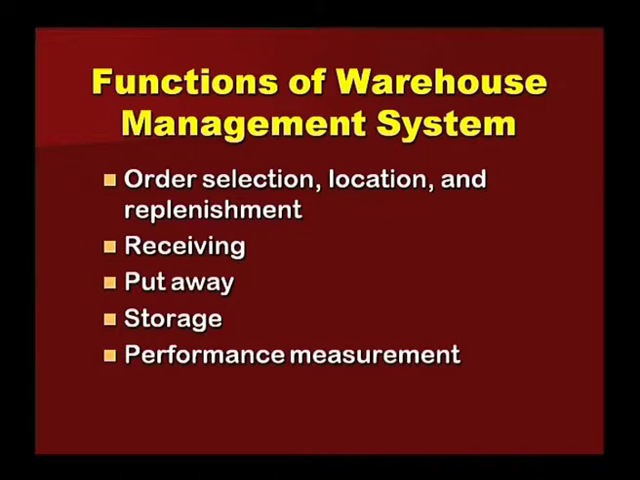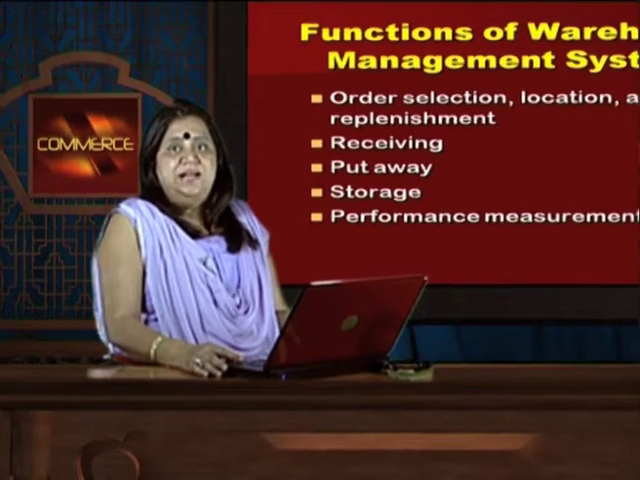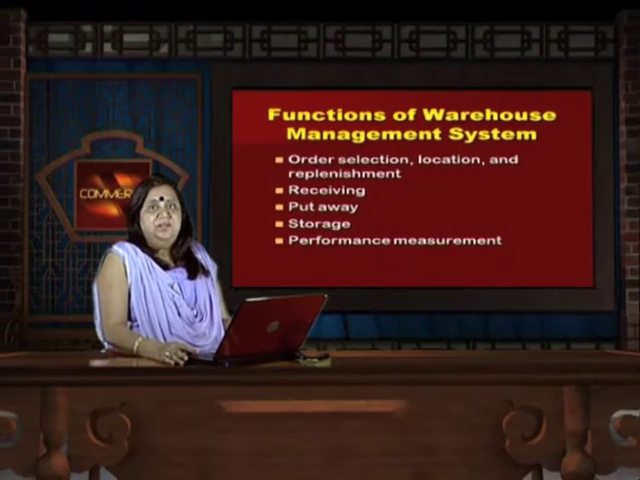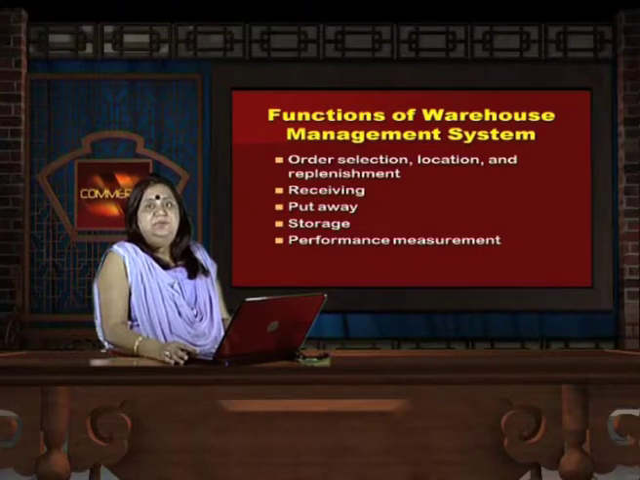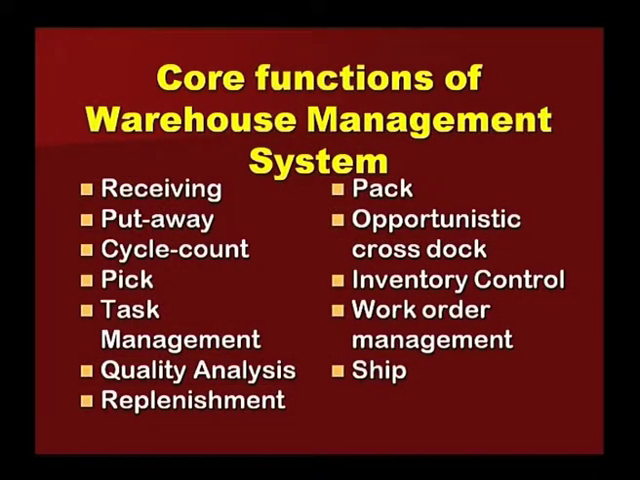Functions involve order selection, location and replenishment. It is receiving, put away, storage and performance measurement. So, when we talk about the materials, you receive them, you match the order quantity with the invoices and arrange the materials so that the materials which are in demand are placed in locations where they can be transported easily, and the materials which are not needed are stored back. Core functions of the warehouse management system involve receiving, put away, cycle count, pickup task, then quality